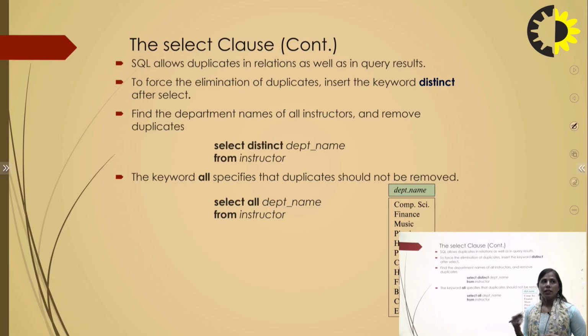Then we can select various particular conditions, which we will discuss in this select clause. For example, we can use distinct and we can use all. If we want to show the whole structure or whole department names, then we can use select all. If we need particular distinct values, then we can select distinct, meaning particular values. If we want, we can eliminate duplicate values from the table.